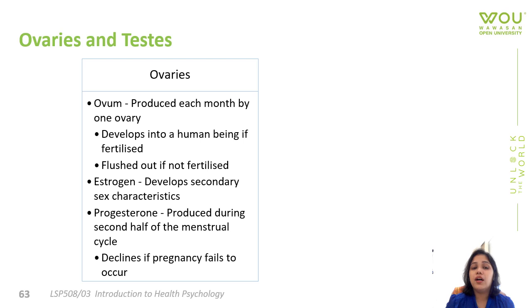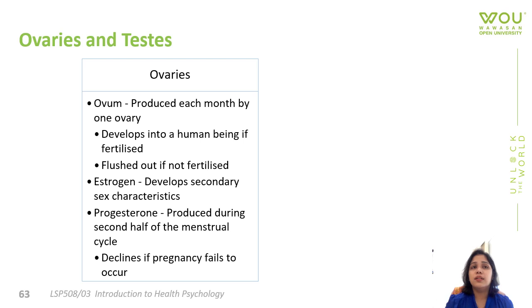they have ovums, which is produced each month by one ovary, and it develops into a human being if it becomes fertilized by the sperm. Out if it's not fertilized. Estrogen is produced also in the ovaries. It develops secondary sexual characteristics,